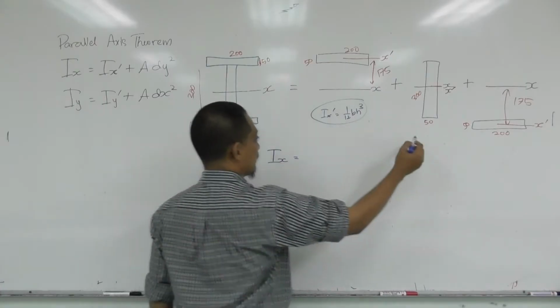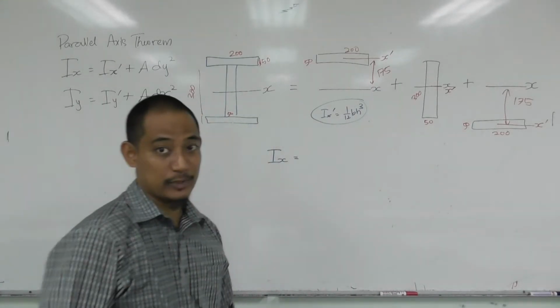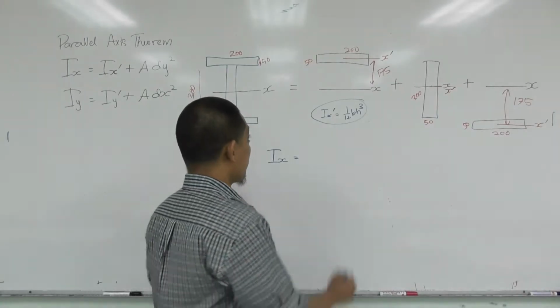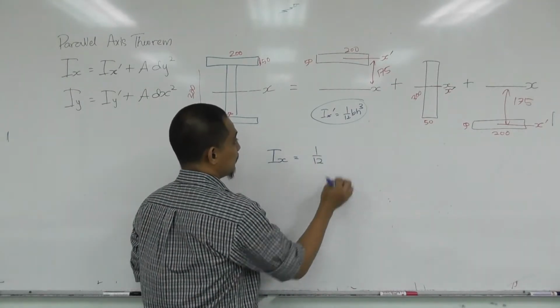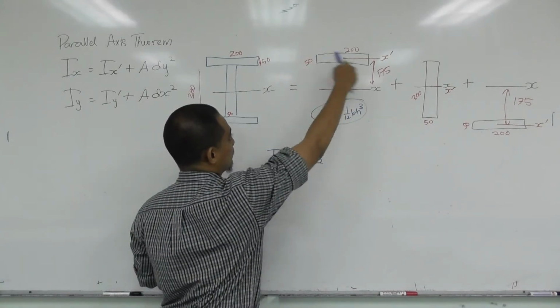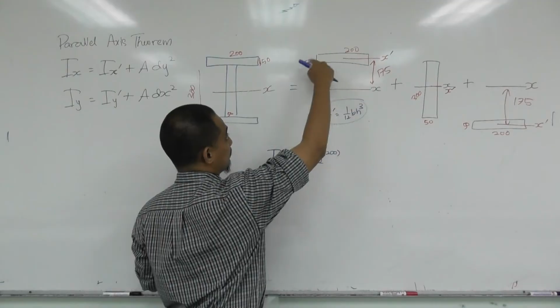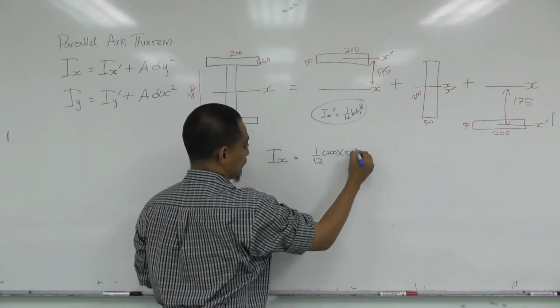This one is valid here, same as here, same as that, right? 1 over 12 bh cubed. So you put in the value, it will be 1 over 12. B is this base here, 200. H is 50, and then you have cube there,